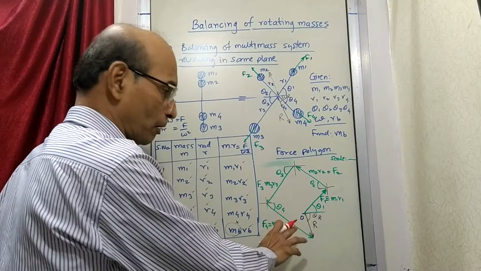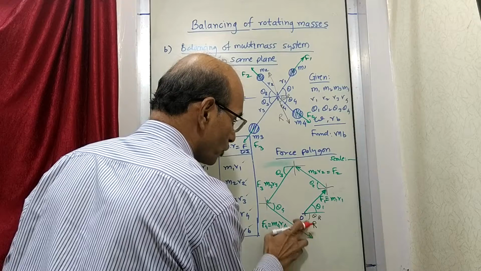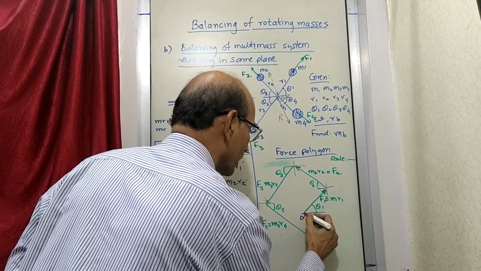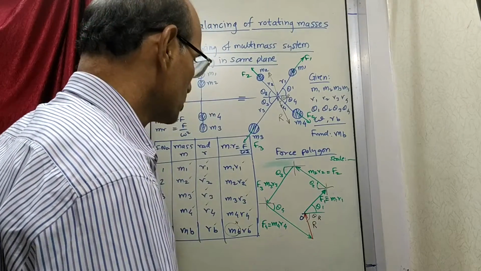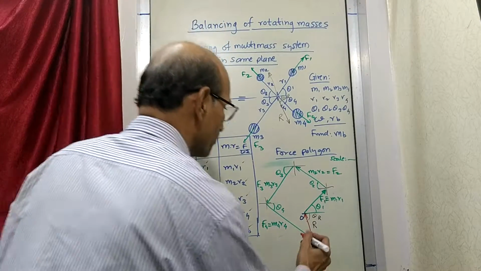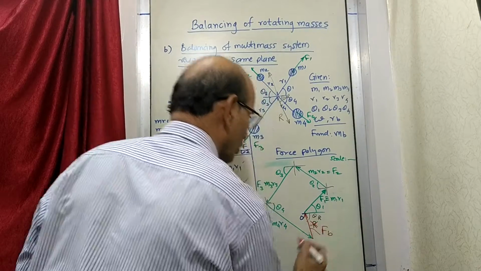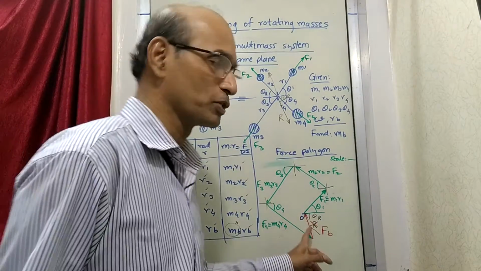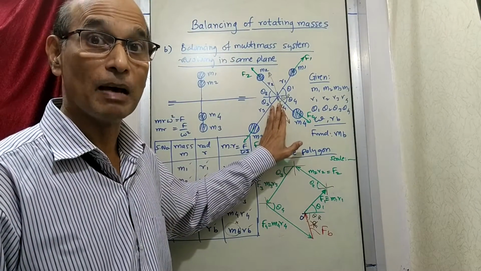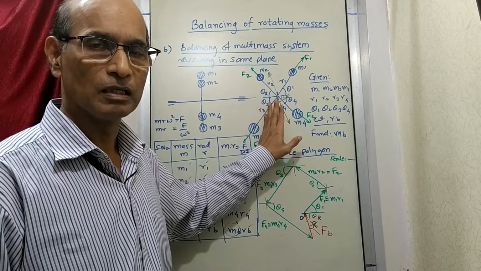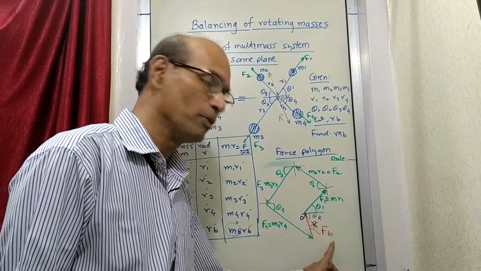In fact, for the purpose of explanation, we are not showing this resultant, we are showing the balance force. So I am drawing one vector like this, and this vector I will call force FB. So instead of showing R, I will not show R. R was only for explanation, that was the resultant force, but we are not interested in the resultant force. It is the unbalanced force in fact. Now this unbalanced force we are supposed to balance by this balanced force. So FB is a balanced force.